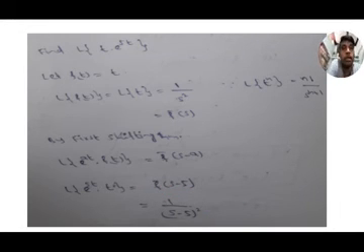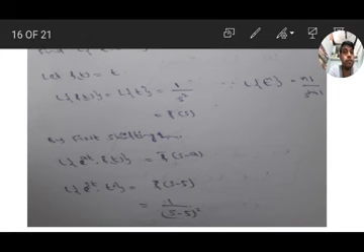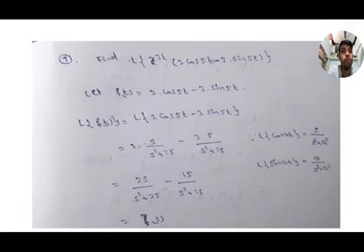Write down the problem. Here f of t equal to t, and we find L of f of t is 1 by s square, that is f bar s, and using the first shifting theorem, e to the power of at into f of t is f bar of s minus a, and a equal to 5. So f bar of s minus 5: in f bar of s, replace s by s minus 5, we get the answer 1 by s minus 5 whole square. Next one, we move to the next problem.